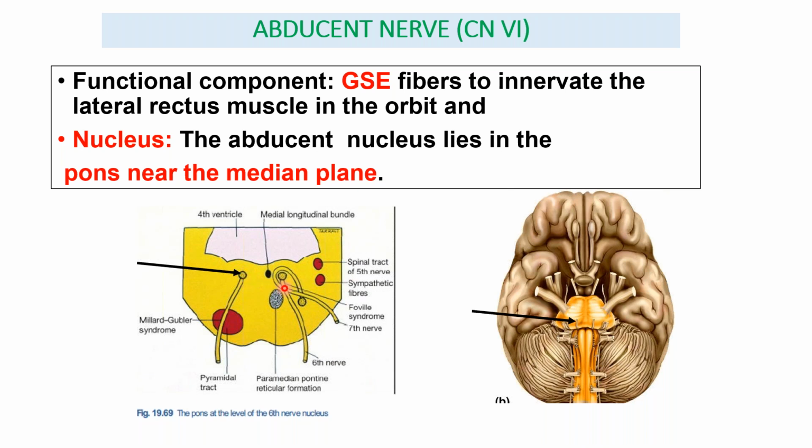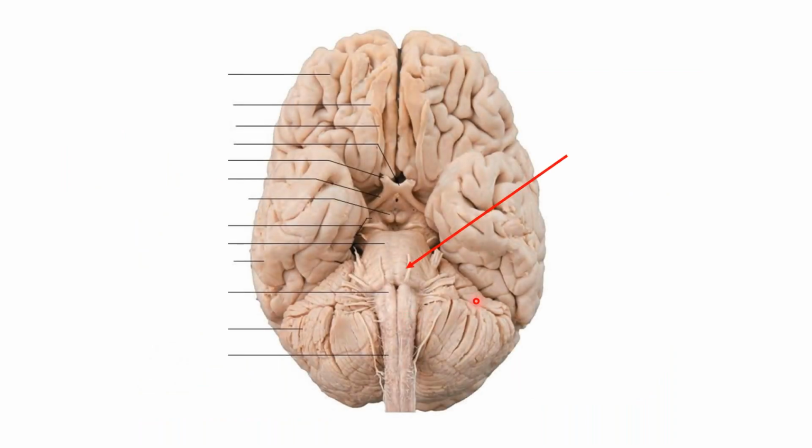So this is a cut section of the pons, part of the brainstem, and this is the nucleus of the abducent nerve. The abducent nerve then passes in front and emerges at the junction of pons and medulla, like this. This is the emerging point of the abducent nerve fibers. In the brainstem, look at the pontomedullary junction. From the ventralmost aspect, the nerve which comes out here is the abducent nerve. Lateral to it is the facial nerve, and this big nerve at the level of the pons is the trigeminal nerve.